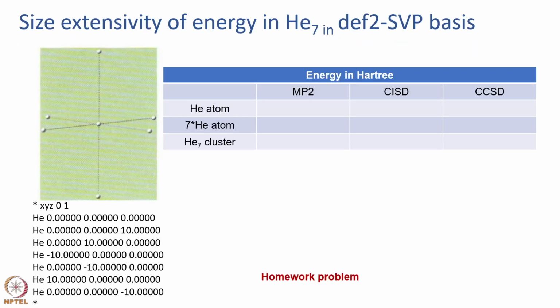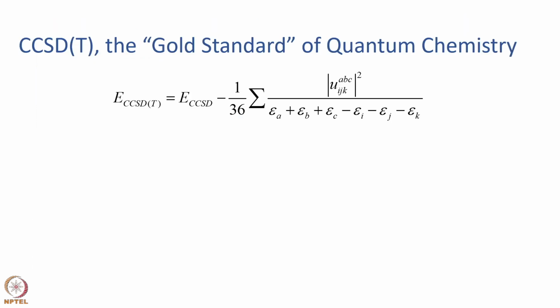So, this will be another homework problem for you. You have to do the full series for coupled cluster and actually check. Now, coupled cluster in the singles doubles approximation is good, but what is more accurate than the normal CCSD is CCSD(T), which is called the gold standard of quantum